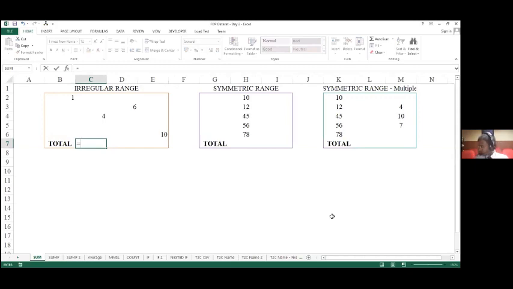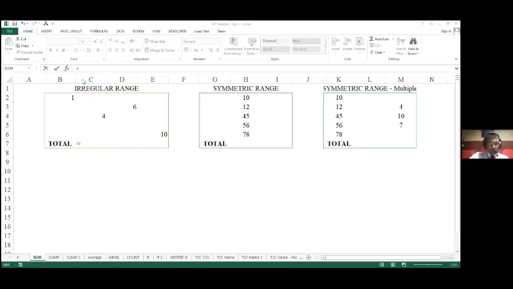The moment I start with equal to, Excel has understood that I'm looking to call a formula. Please remember this part of the Excel screen is referred to as the formula bar.